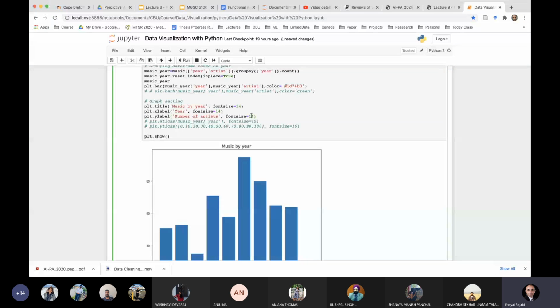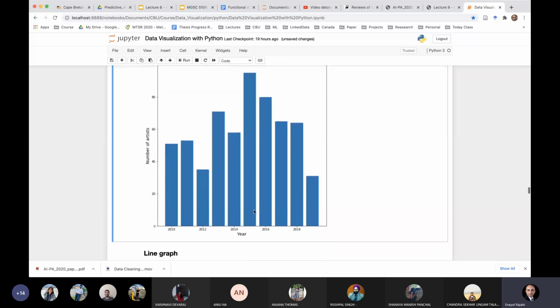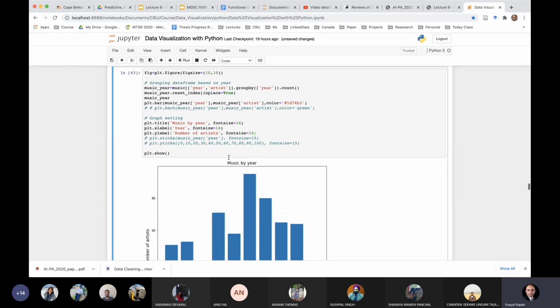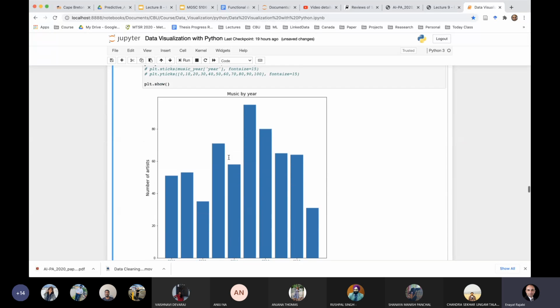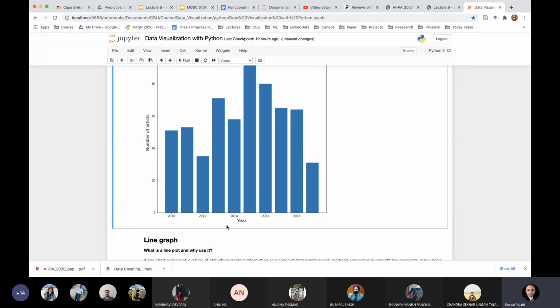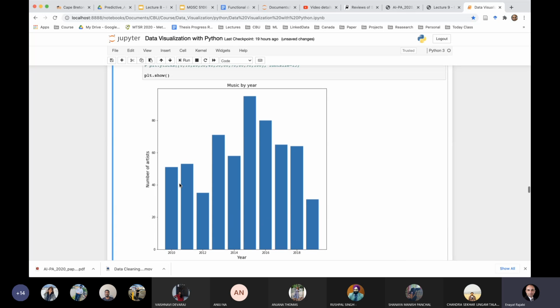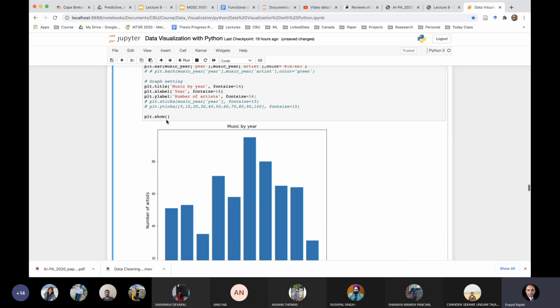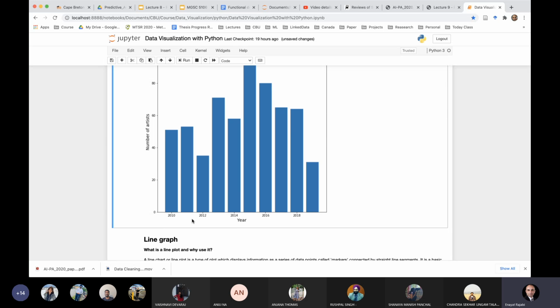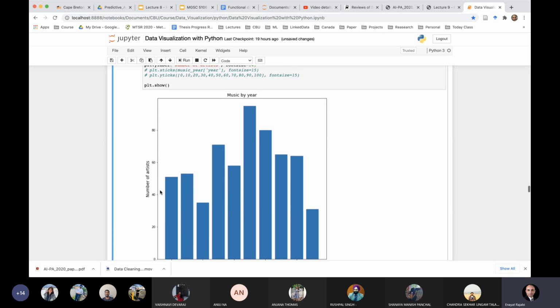14 is enough, let's say, and I can see the title of each axis. But we don't have proper visualization on the x-axis. For example, this is 2010, but this has not been specified. These are fine, but I would like to have customized xticks. I provided 2010, 2011, and here can have that based on